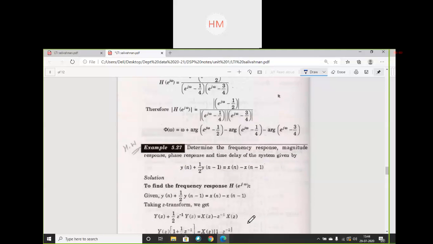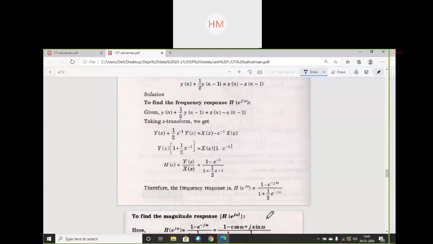Now we all know the steps to find the frequency response directly here. No impulse response was asked. Okay, so to find frequency response of this, first take out Z transform. In terms of Z, you will get the equation, put Z is equal to e to the power j omega. Okay, put Z is equal to e to the power j omega, you will get this equation.